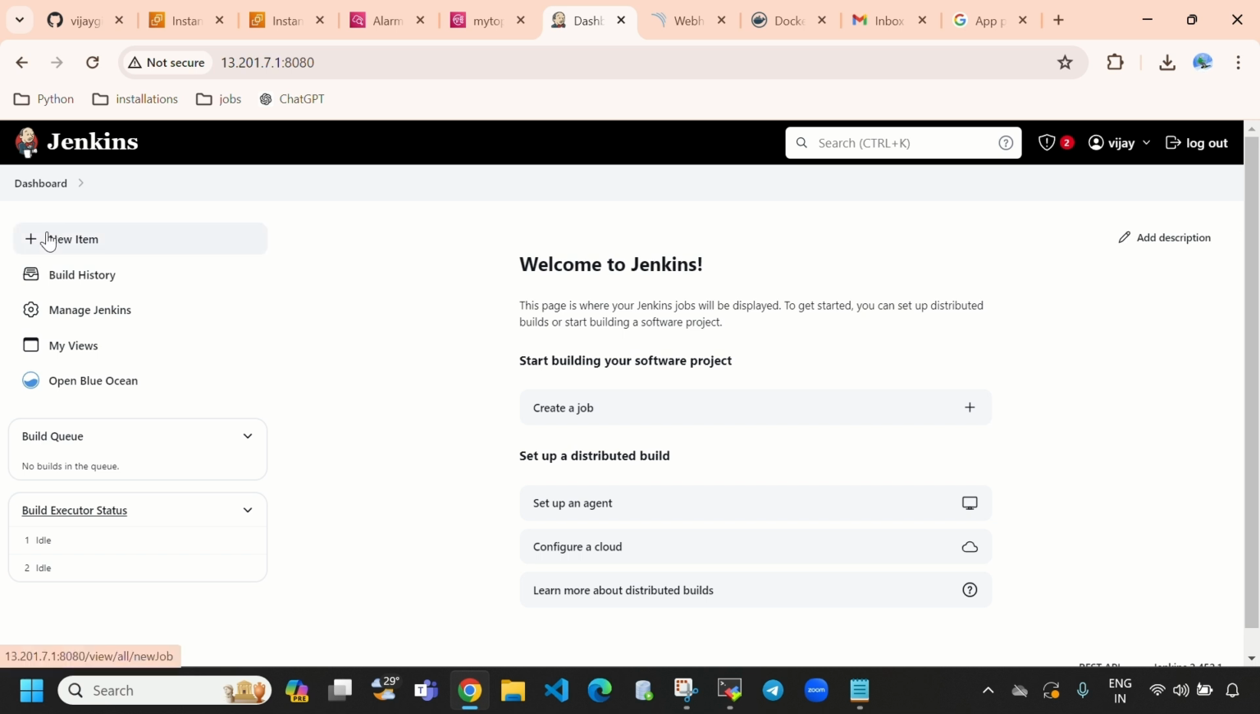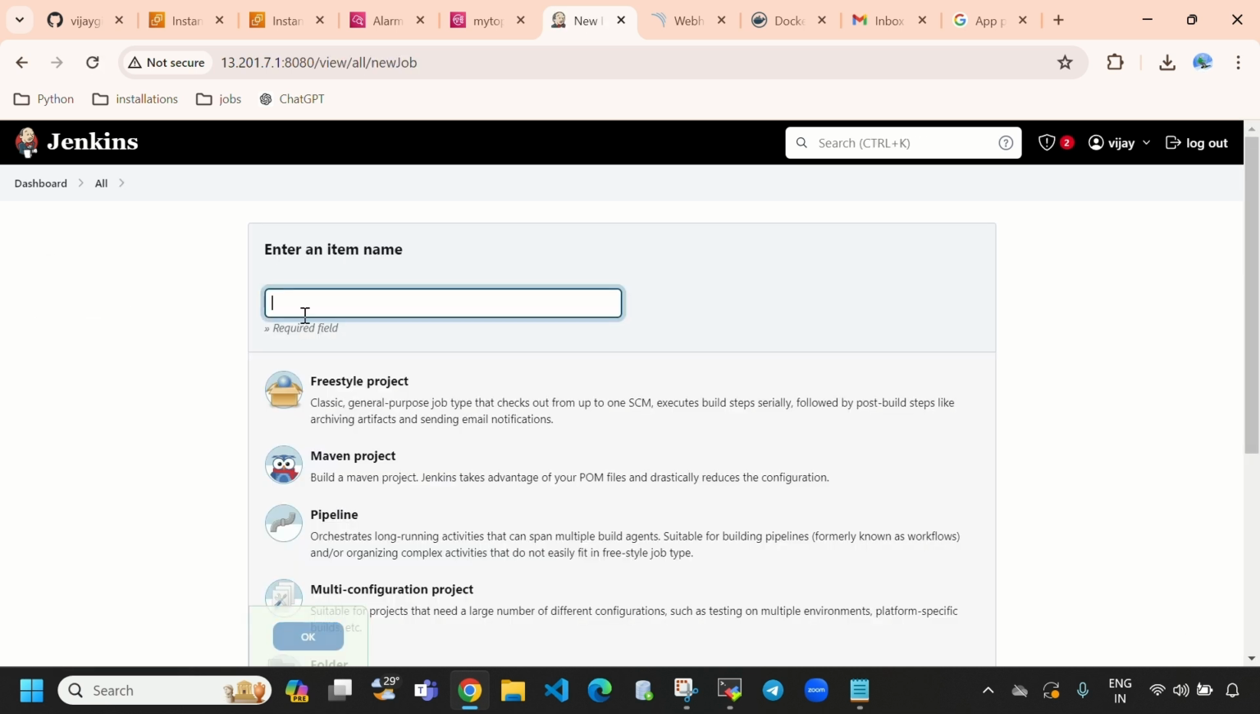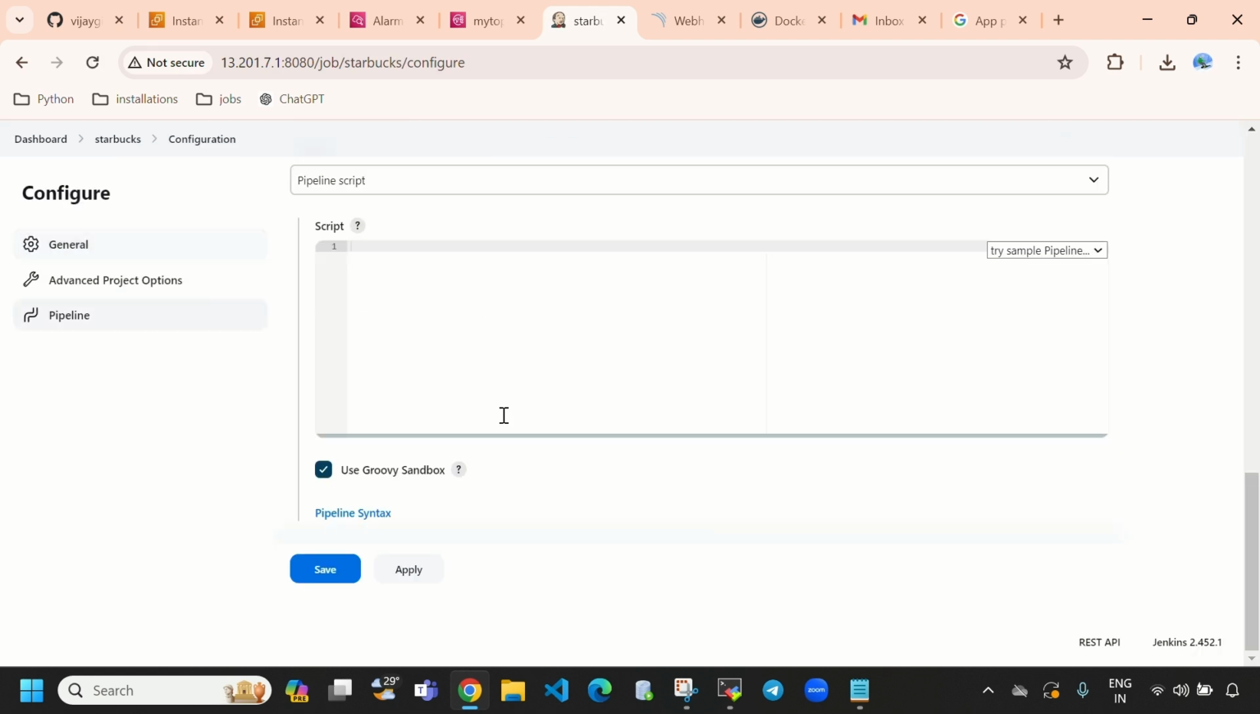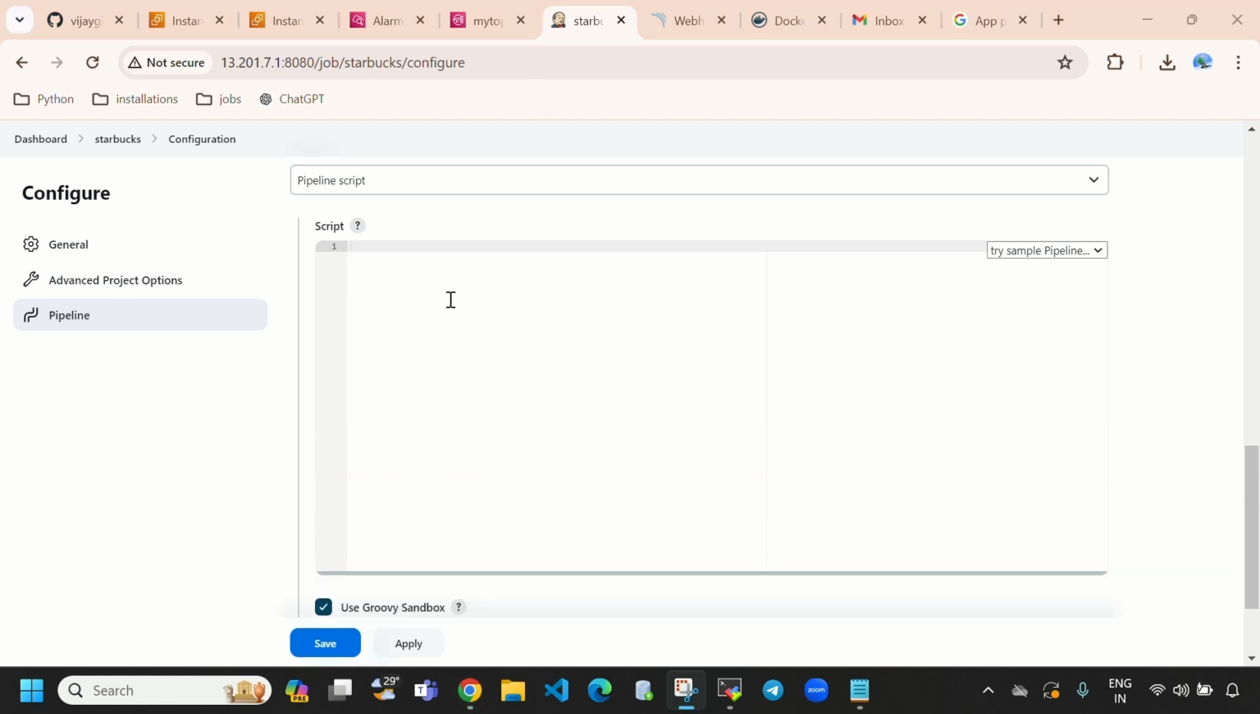Directly select New Item, and here I'm giving the name like Starbucks. This is enough, and here we need to select Pipeline, and OK. Now here we need to write our Jenkins pipeline. When we write any Jenkins pipeline, it always starts with pipeline. Here we are going to write a declarative pipeline. So pipeline and agent any,